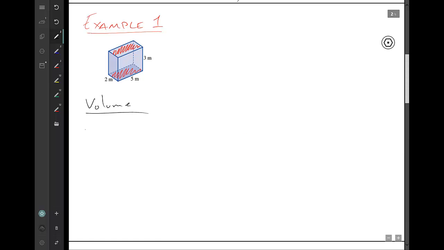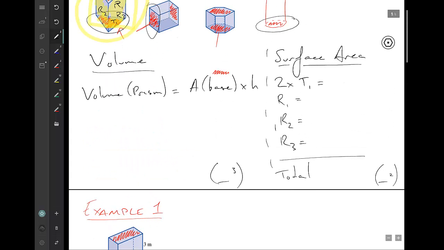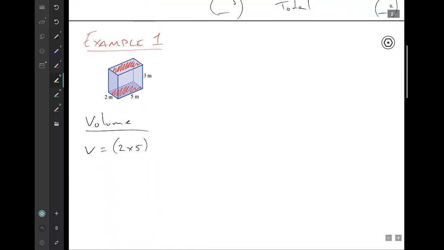Volume of a rectangular prism is going to be the base, which is 2 times 5. This is what I mean when I say my area of the base. I'm just working out this bottom rectangle, which is 2 times 5, times the height, this thing here, so that's 3. If you work that out, you should get an answer of 30. Note, he would lose a mark here. Make sure it's 30 meters squared. For surface area,